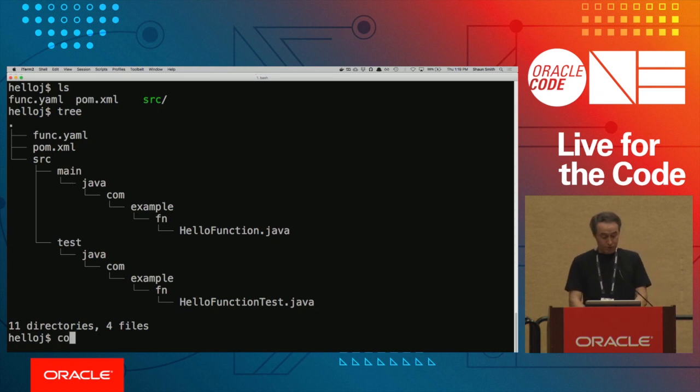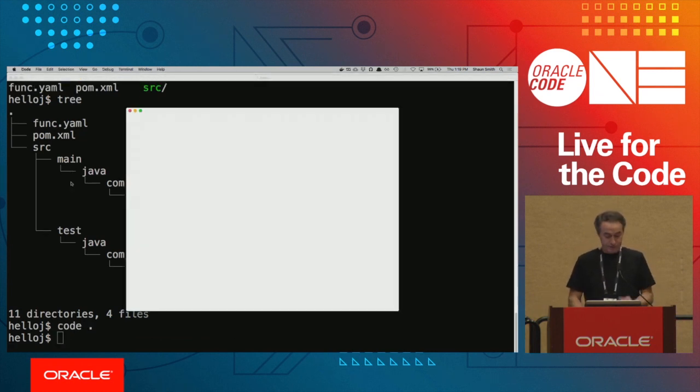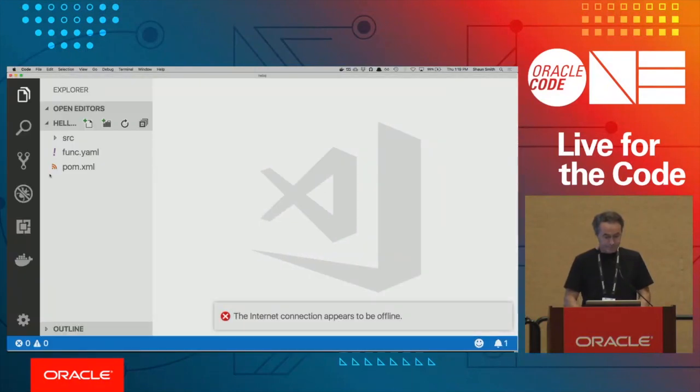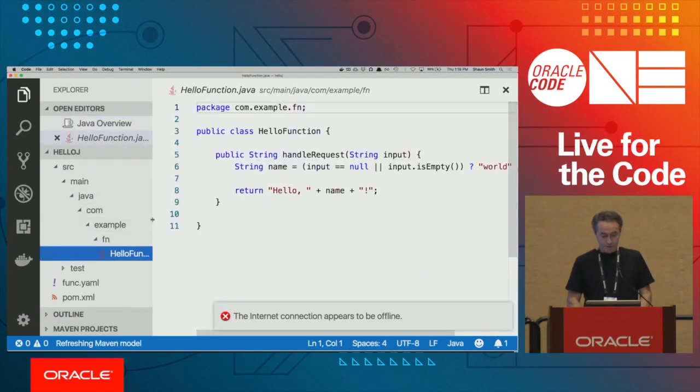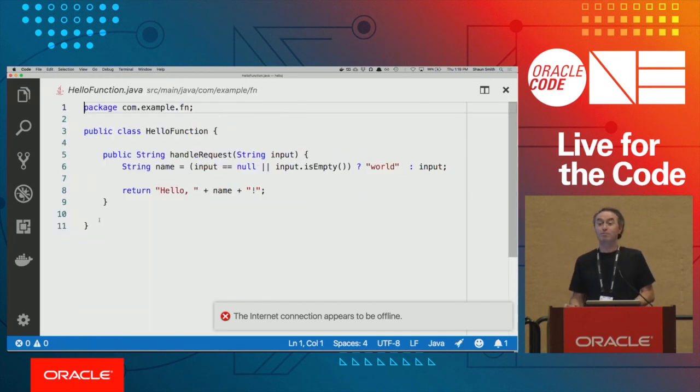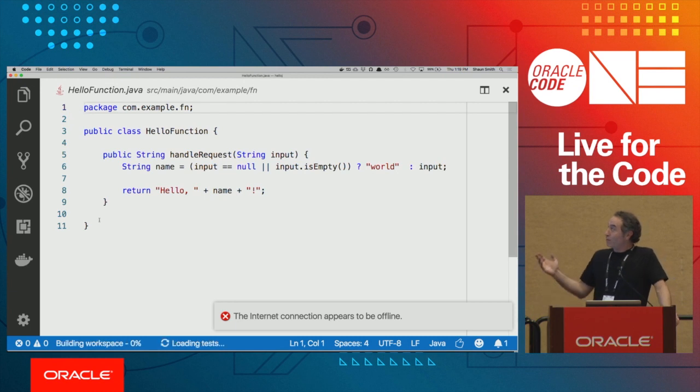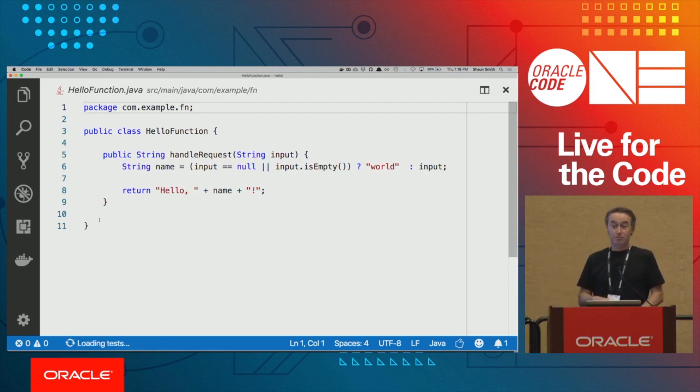If I show you the code for this, this is really the simplest possible function I think you can write. Well, it could be easier. Hello function, it takes a string as input, and it returns a string as output. Okay, so there's no function weirdness in here, right? This is pretty dull Java. There's no main, mind you.